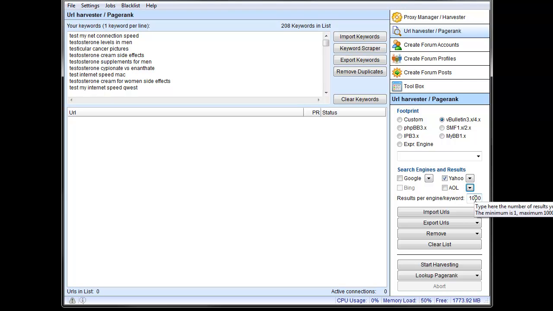And then you get to specify the results per engine. It's set to 1,000, which is the maximum that you can use just due to the engine's limitation. That's not a Scrapeboard limitation. Each engine, such as Google, Yahoo, AOL, Bing, limits the maximum amount of keywords or URLs that you can pull